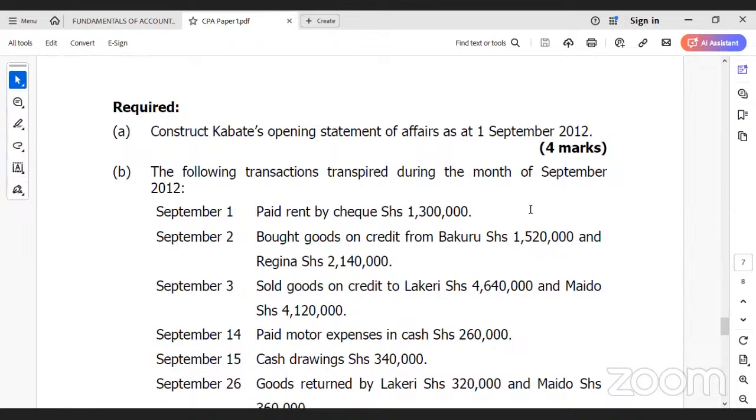So what is required of us is to construct Kabate's opening statement of affairs as at 1st September 2012. Okay, let's first see how we can deal with part A. You're required to construct Kabate's opening statement of affairs. Now, when you try to look at the information